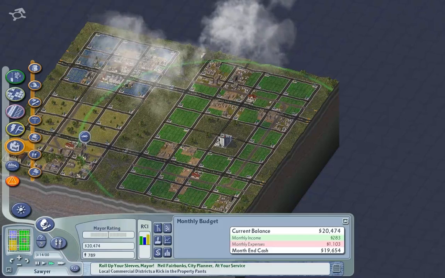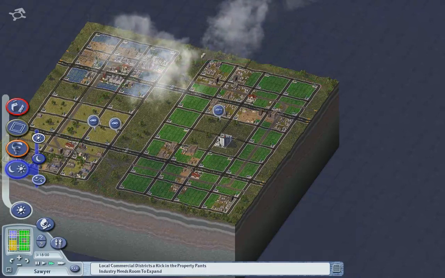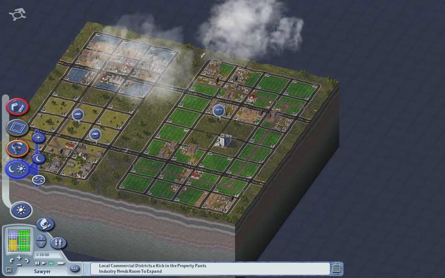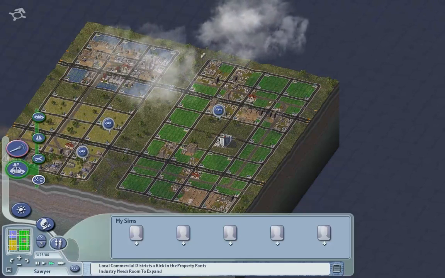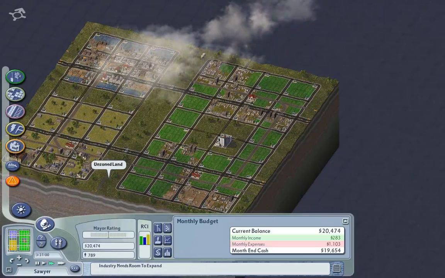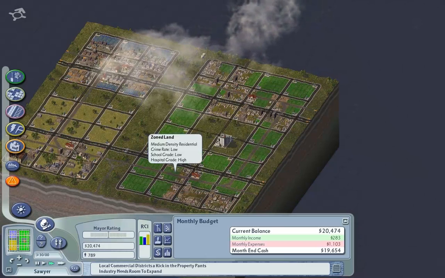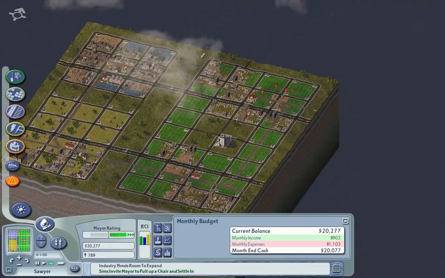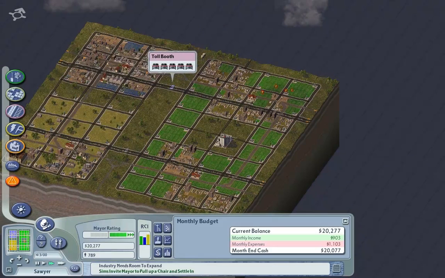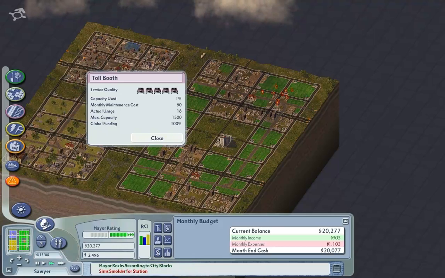And watch. Oh wait, I want to turn off some of the stuff. Let's put it in day-night cycle. I don't think I've actually had it on day-night cycle until now. I'm gonna turn off the cars because it's not gonna play with the cars. No, not yet. The day-night cycle might be interesting, just to see. Toll booth. Actually, let me see this. Actual usage 18, so not many people driving...